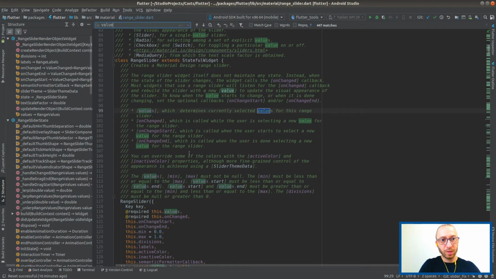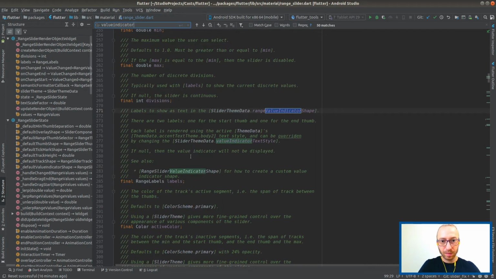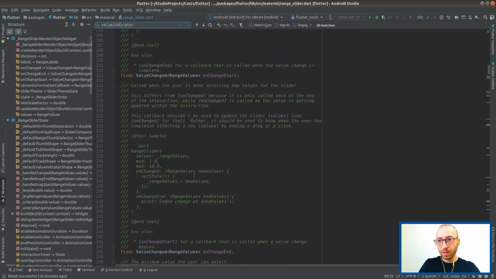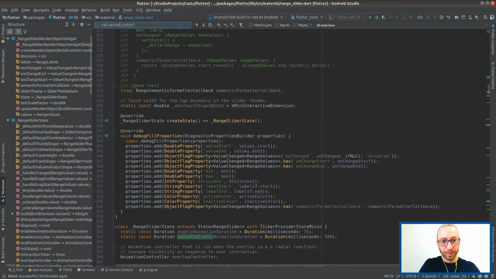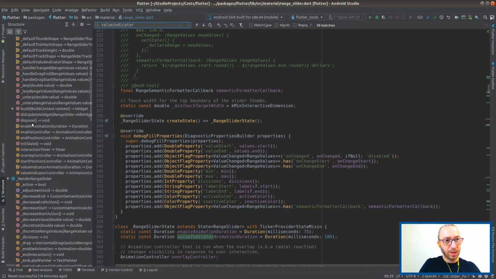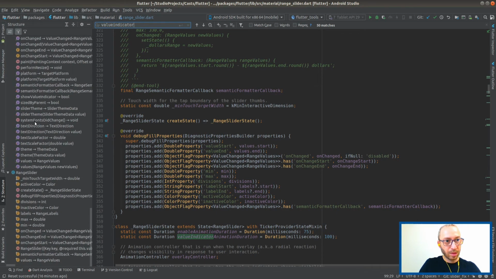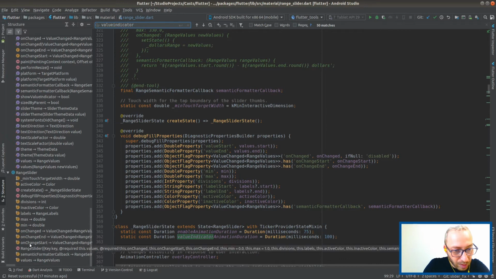Search for value indicator, I guess. The shape. We need to see where is the range slider. The range slider has labels. We know that. Well, it doesn't have show value indicator. Why did it say that it has range slider show value indicator?